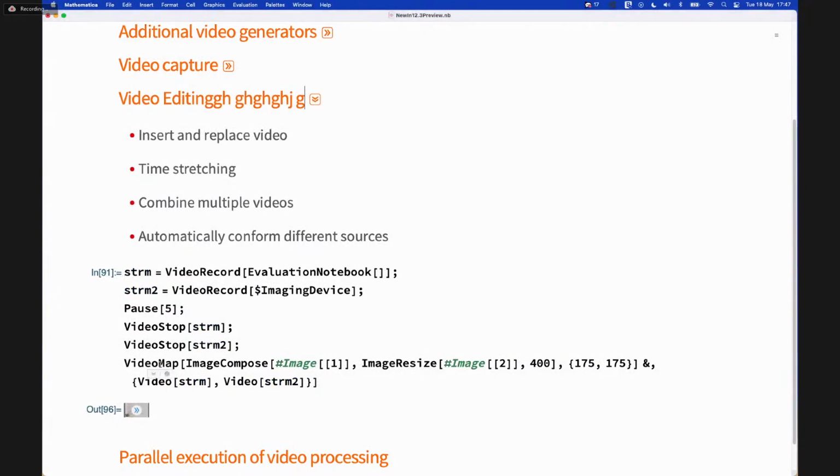Now, while I put that in for kind of demo purposes, the idea of composing videos as editing in the kind of movie maker way is easy to understand. It's an example that we can immediately see what's happening. Really, the value of this combine multiple videos is on the analysis side. So there are situations where what you need to do is to take 2 video sources and then compute from those. So an example might be if you have 2 viewpoints on a single scene with 2 different video cameras, you can compute geometric information about where the contents of the image is in 3D space. So in order to do that, you have to have 2 synchronized sources of video that you are simultaneously taking information from both in order to do some kind of